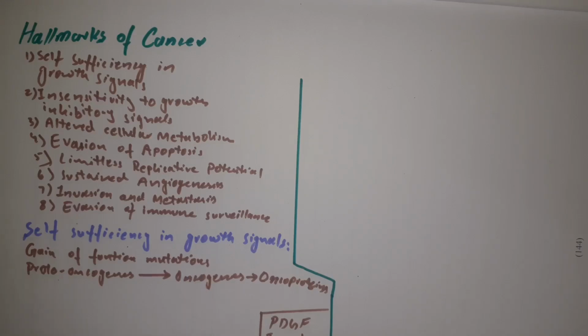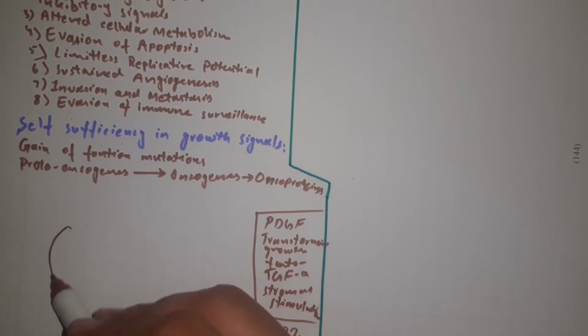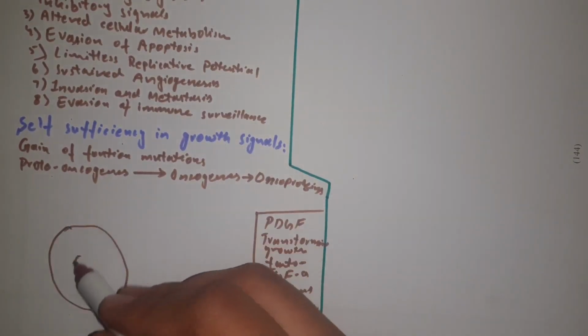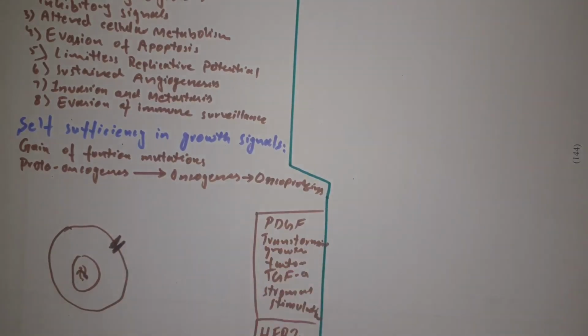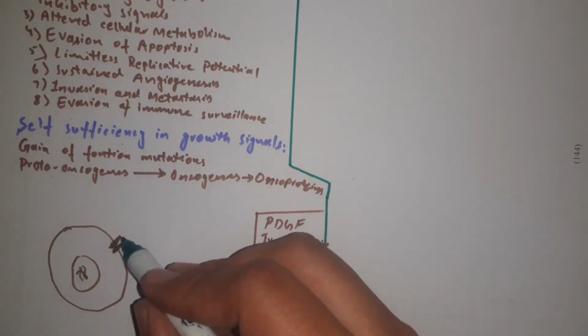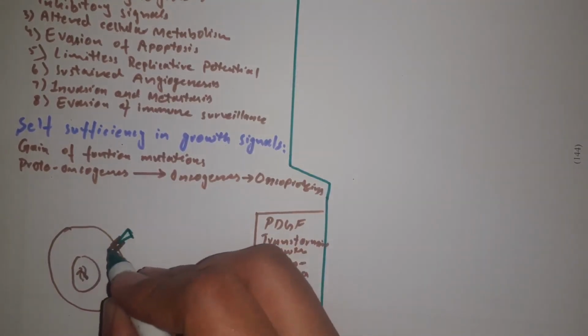Okay, so we begin with the first factor, which is self-sufficiency in growth signals. So how does a normal cellular growth process work? Imagine this is a cell here, and this is the nucleus, and in the nucleus there is the genetic material, and here are the receptors, you can say growth receptors, outside on the plasma membrane. And a growth factor comes, supposedly this is the growth factor, it binds here, and its binding leads to the downward cascade of signaling, and different signaling molecules